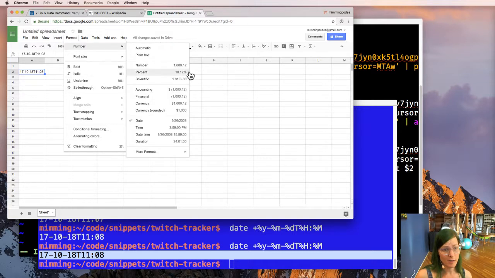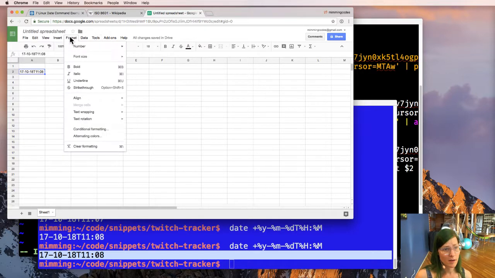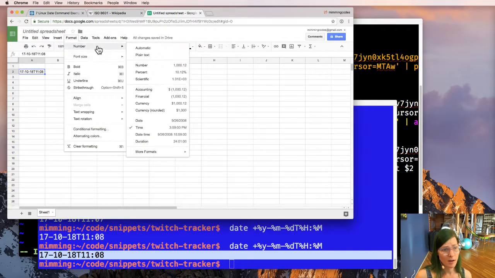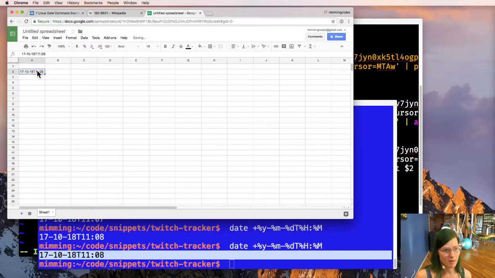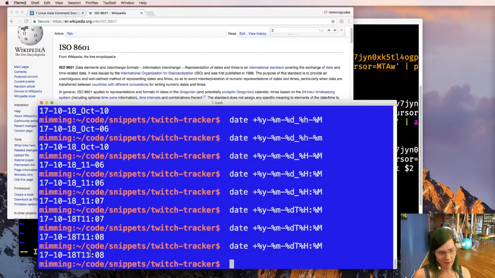Do you know how to parse this? No, you don't know how to parse this. Of course not. Date time. No, you have no idea. You just think it's a string. Okay, whatever. That's good enough for me. I'm going to stick with my weird format. Even though Sheets doesn't understand it, I'll deal with that later.